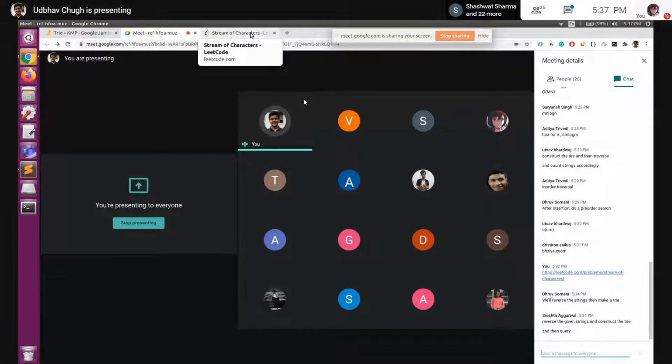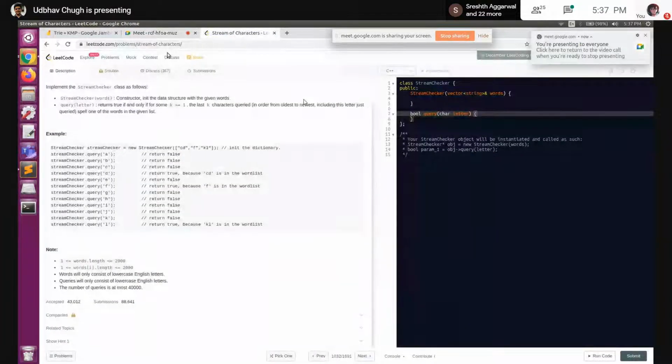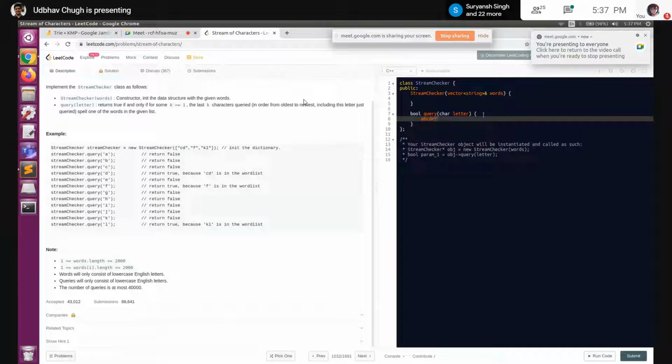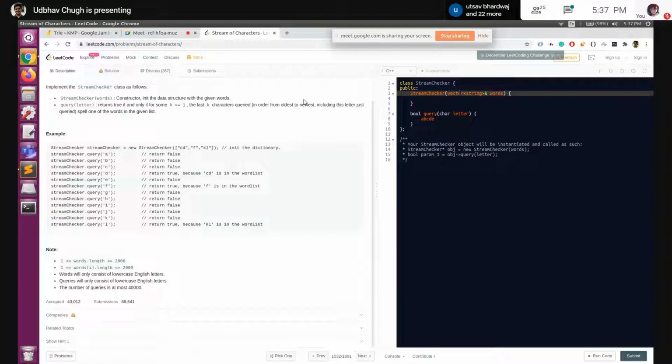For others who didn't get it, I'll explain. If we look at the brute force solution, let's say the current string is A, B, C, D, E. We first check whether E is present in the set of words. Then whether DE is present, then CDE, then BCDE. If the current length of the query string we have generated is M, then for each of them we have to traverse the words and check whether it is present or not.